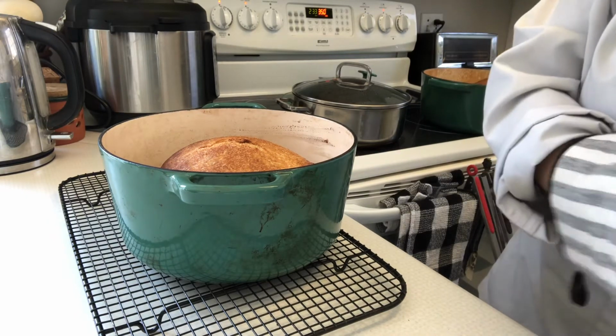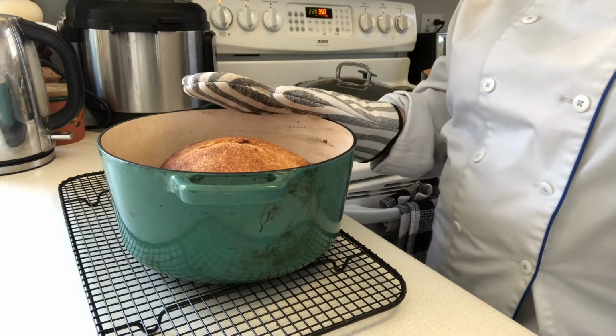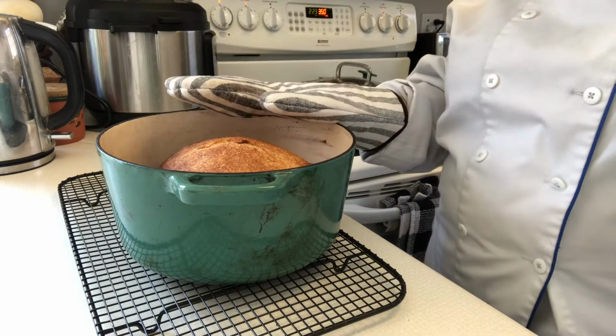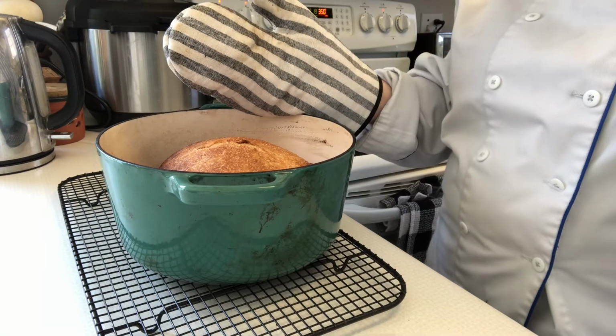The technique I like to do is I get my oven up to 500 degrees. This is a cast iron pot. I put the pot in, I get it all preheated, and then I pull it out. I give it a spray at the bottom, just a little bit with Pam, and then I put my ball